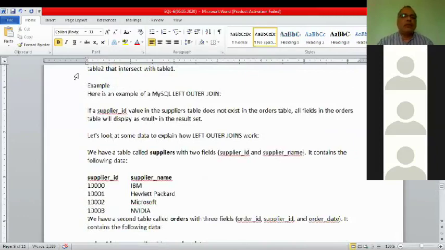Again take two tables, supplier and order. These are the two tables. Same table as just we have seen. Records as we got. Now we are applying this command. Sorry, syntax is not there. Yes, this is select column from table 1. Left outer is not.